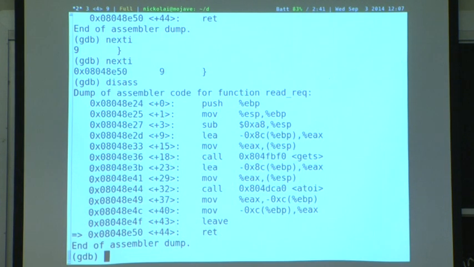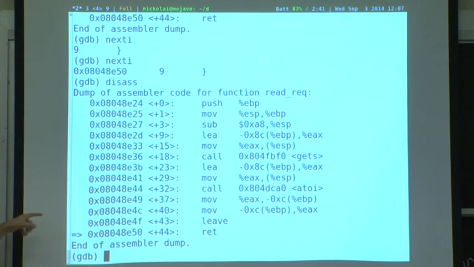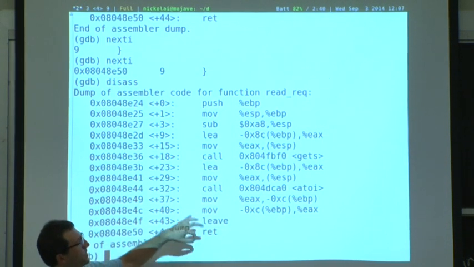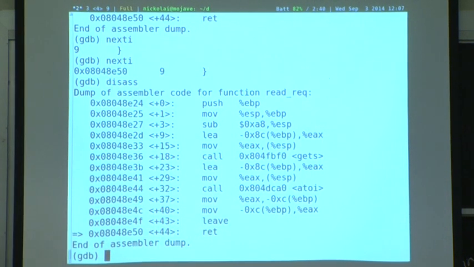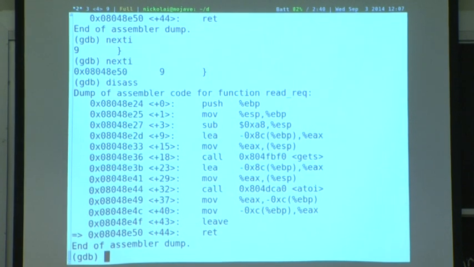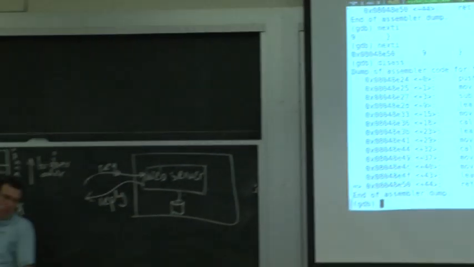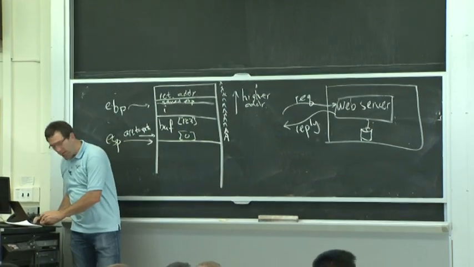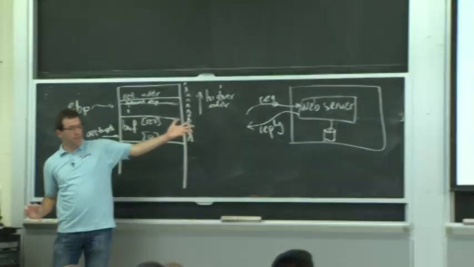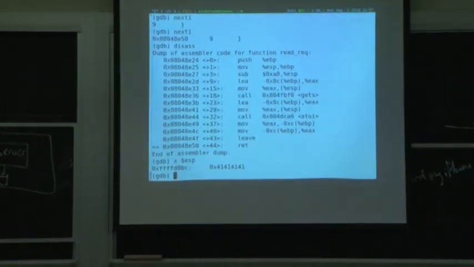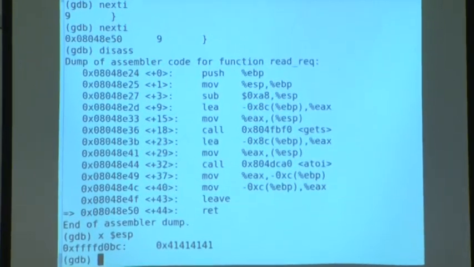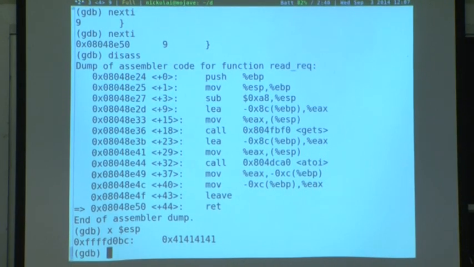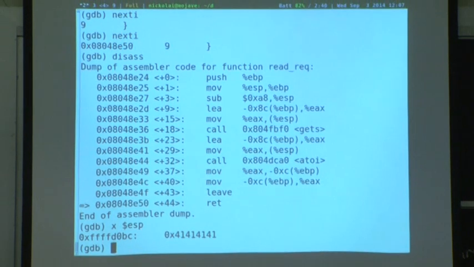As you can see, at the end of the function, it runs this leave x86 instruction, which basically restores the stack back to where it was. It pushes the stack pointer all the way back to the return address using the saved EBP. That's what it's basically for. Now the stack is pointing at the return address that we're going to use, and in fact, it's all A's. If we run 1 more instruction, the CPU is going to jump to that exact memory address and start executing code there and crash because it's not a valid address in the page table.